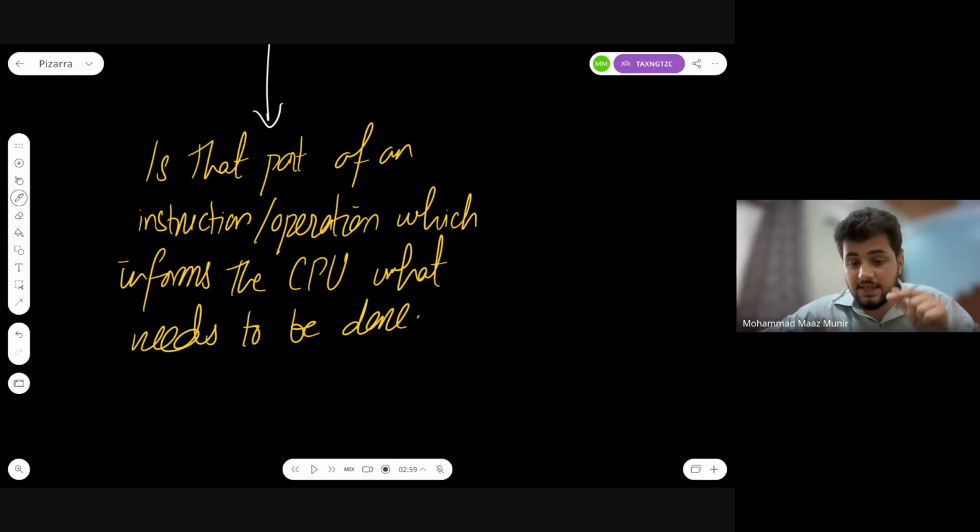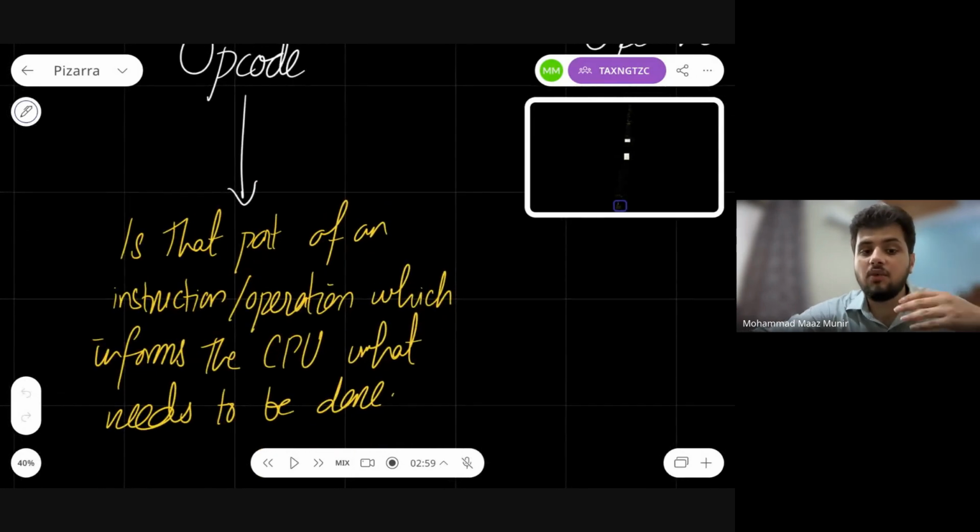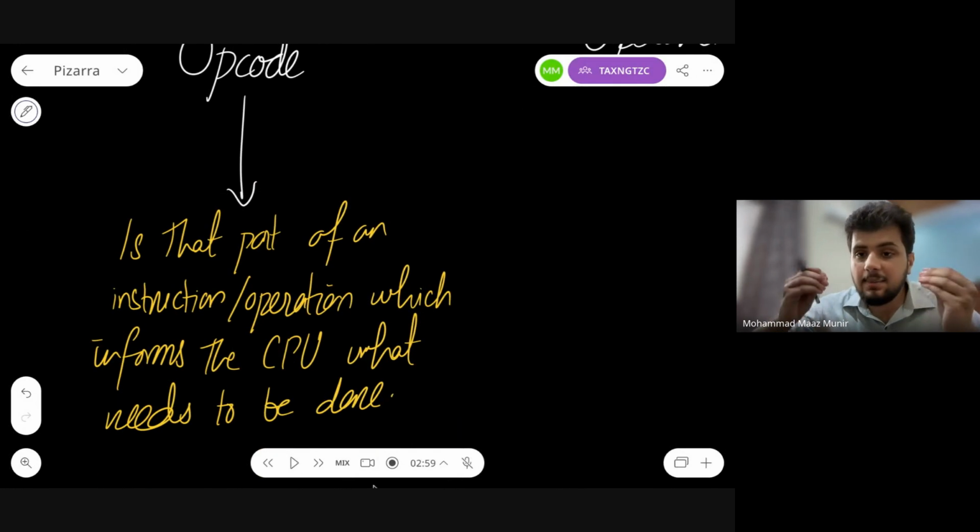Okay, okay, you press that print button. Now my CPU needs to analyze, right, that this person said print this document. How did that happen? It is basically thanks to this opcode. Now the opcode is the part of your operation which basically tells your CPU that this